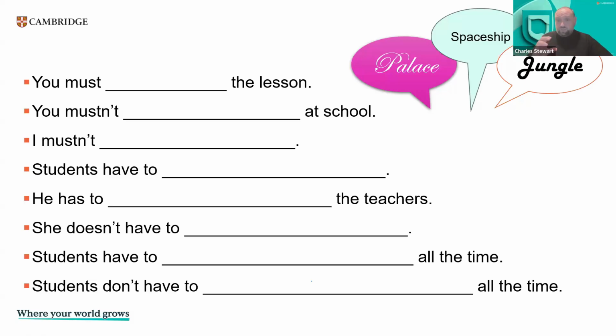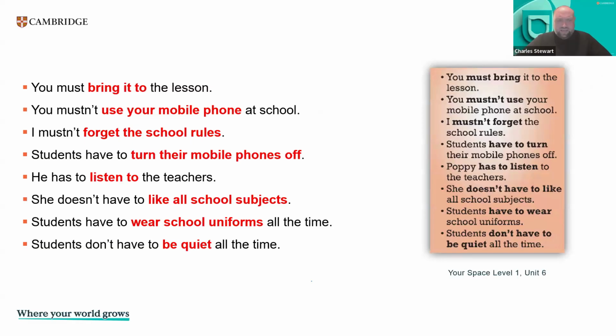So what I would do with this page, I would give my learners something like this that they would fill in the gap. They could work alone, they could work with a partner, and they would need to fill in the gap with something. And then the task would be to read the text and compare their answers to the answers that are given in the text. So here, what I'm doing, I'm bringing grammar into the reading. We're focusing here on must, mustn't, has to, and doesn't have to.